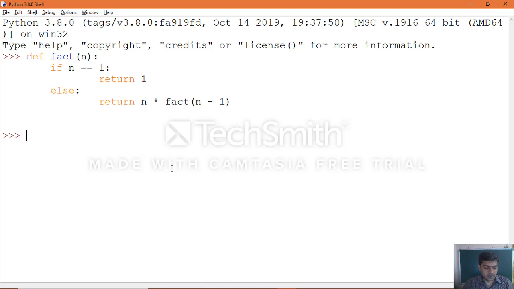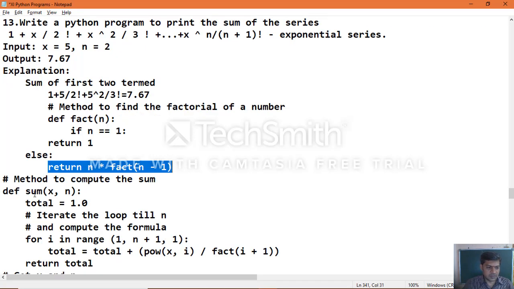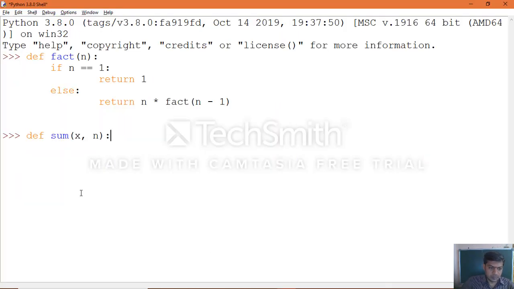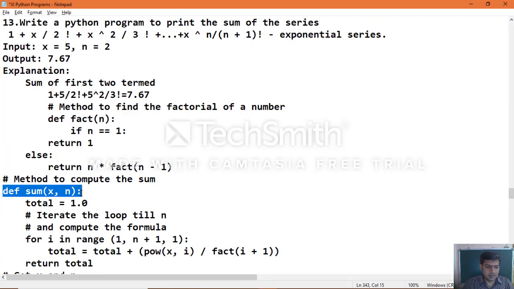So the factorial number function which we created, in the same way we create a sum function to calculate the sum value.